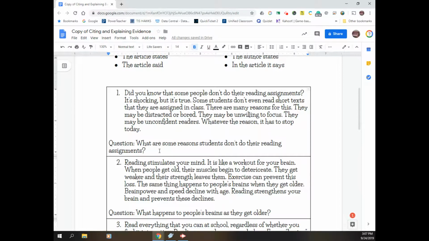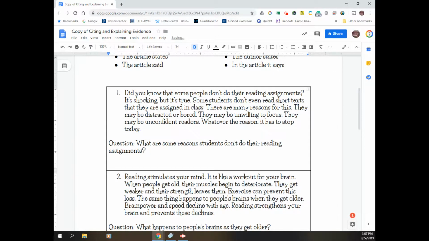So what we're going to do here is go down a couple spaces there. And we're going to restate this question, but we're going to use one of these sentence starters. So we're just going to go ahead and start typing. Okay. The article states, so at least we have that started. Now we need to restate this in order to explain our evidence. So we want to say the article states that students don't do their reading assignments because,